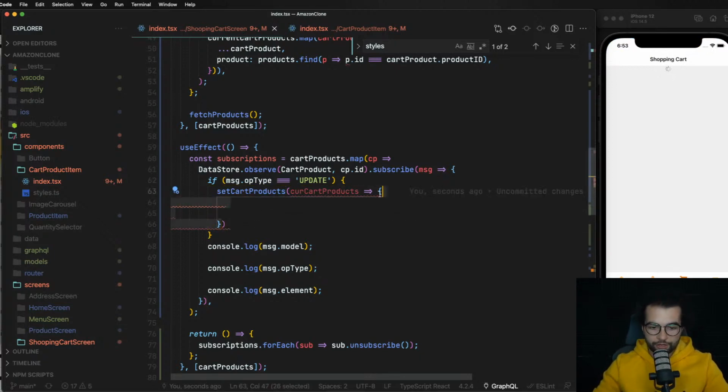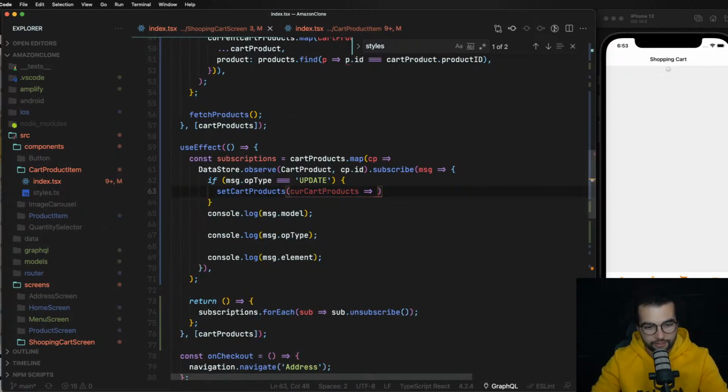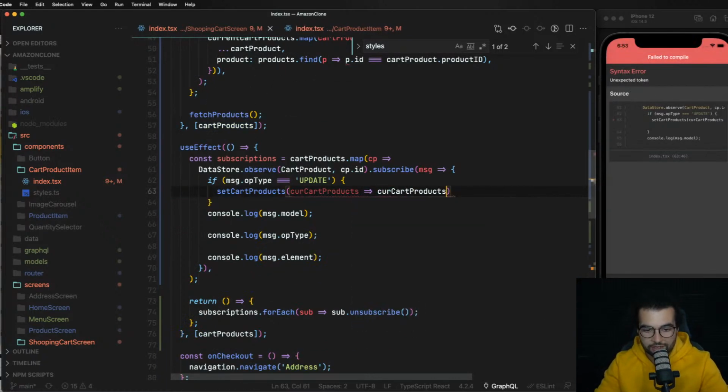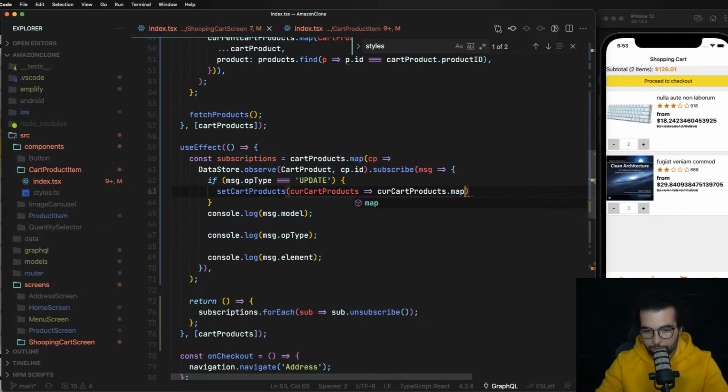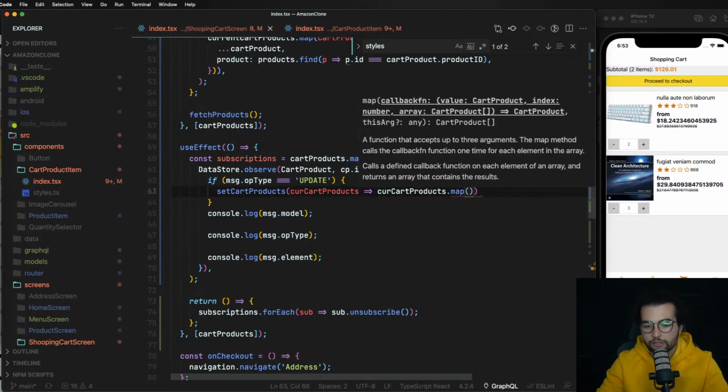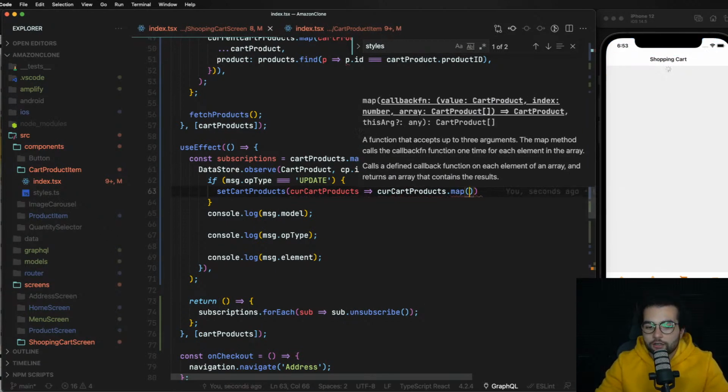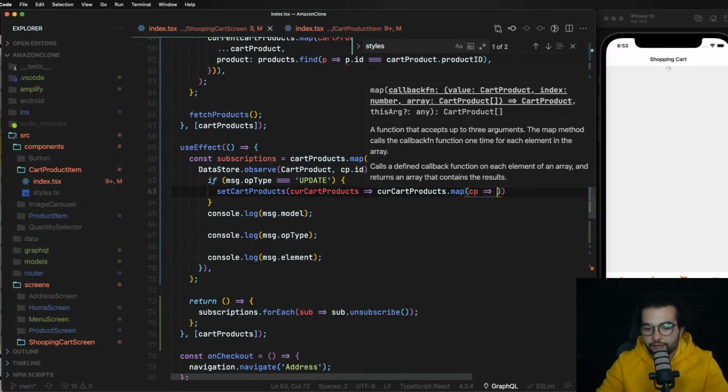My brain is already burning. So we're gonna do current cart products dot map cart product, and